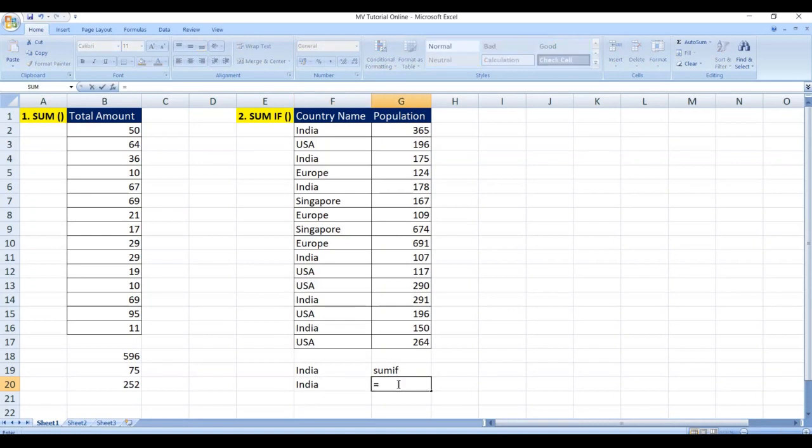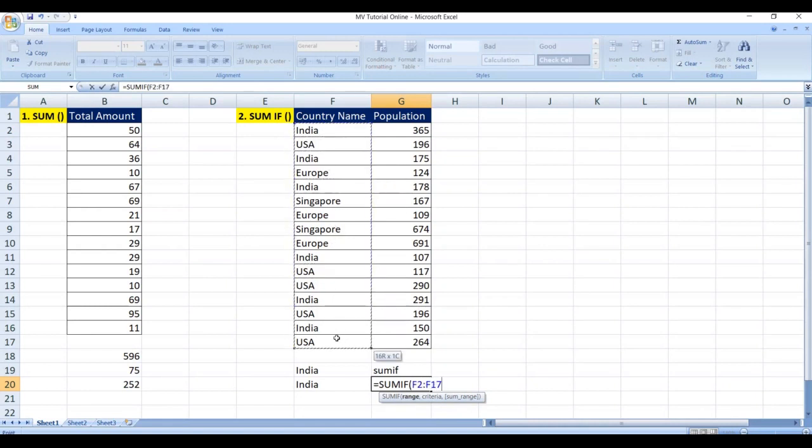Type equal to, type SUMIF. Now you can see the SUMIF function is populated. Click on that. Now you can see the formula: range, criteria, sum range. Range is nothing but the country name, from where to where.